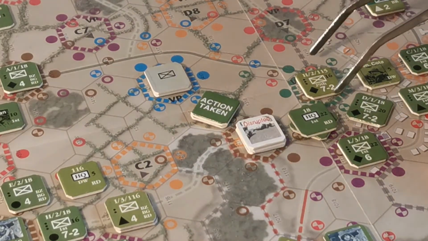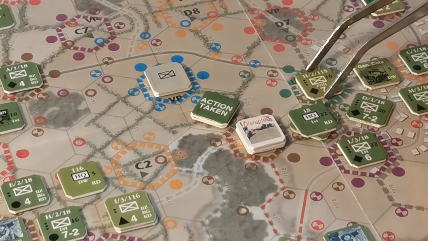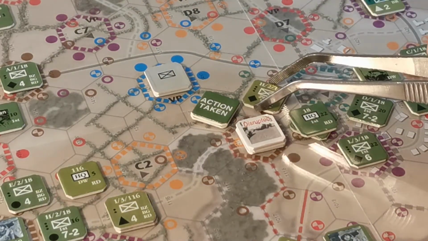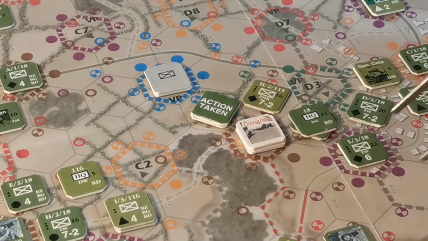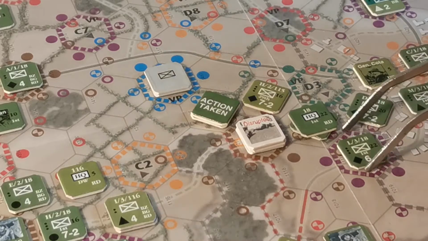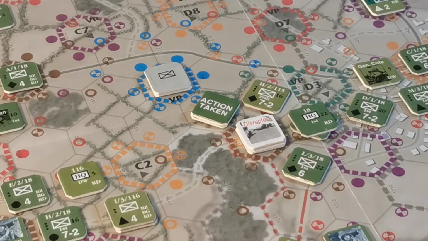Right, let's work on that. Okay, so I'm going to use this as a first division move, and from the HQ, free move that into there. And then free move... I think I want to do it. Well, let's do it first and then have a look. And then...